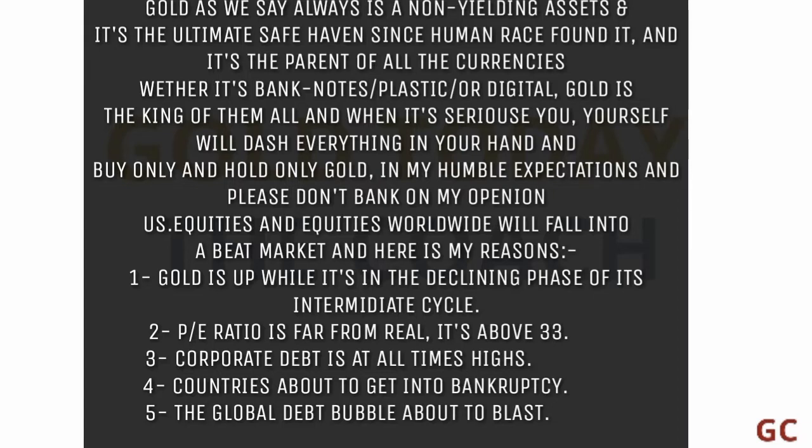As we always say, gold is an annuity like stocks, and it's not going to pay you interest like other currencies, but it's the ultimate safe haven since the human race found it, and it's the parent of all the other currencies because it's been used before all of them. When I say it's the parent of all the other currencies, I mean banknotes, plastic, or digital even. And gold is the king of them all without any debate. When things are serious, you are going to dash everything in your hand, and you will buy and hold only gold. In my humble expectations, and please don't bank on my opinion, US equities and equities worldwide